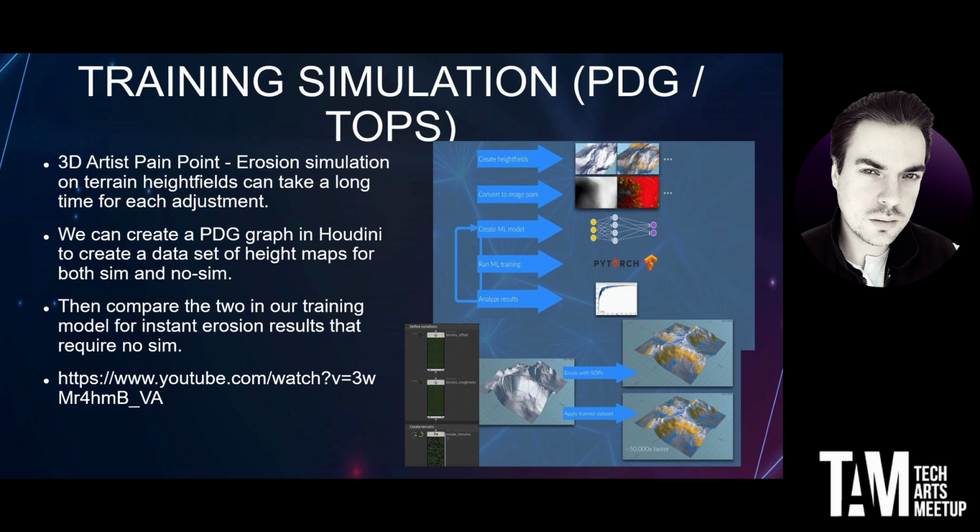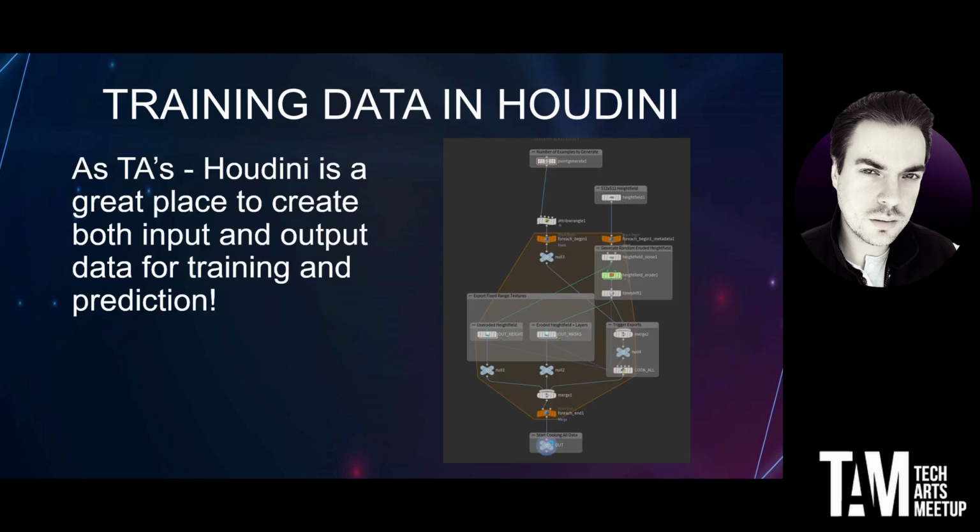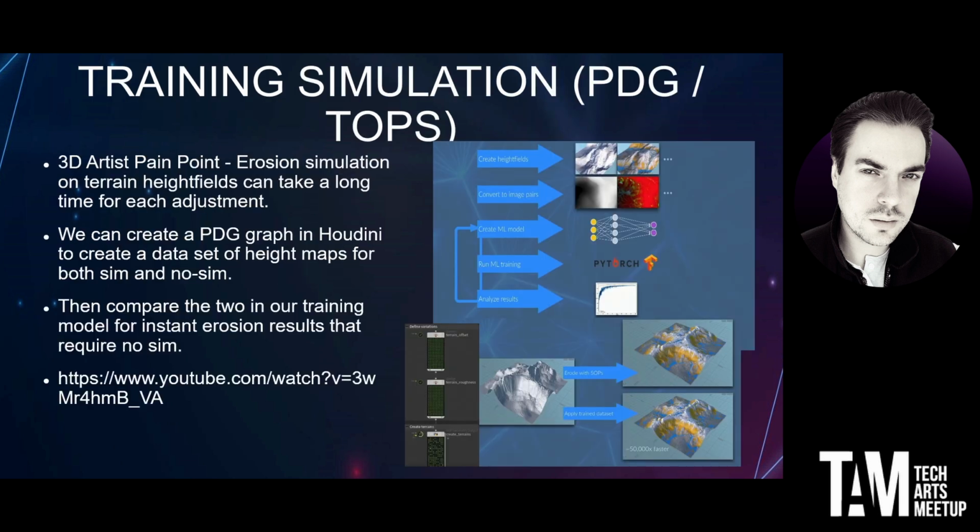This is something that Side Effects have obviously done themselves, but it really is a place to consider, for any of you that use Houdini, to actually create both the input and output data for training. Houdini can be fantastic to give you 2 images that you can then make a training model on. So I also want you to think not just how we are using it in our pipeline for the tool, but how we can create our own training data to feed into a tool that then solves a problem. For this example, it's just kicking out the uneroded height field and the eroded. We've got 2 images. We can put that into the training and then actually kick out an eroded height field without doing the sim at all.